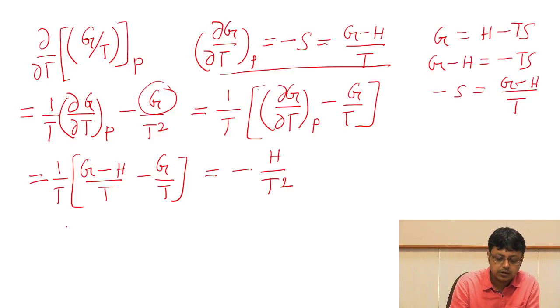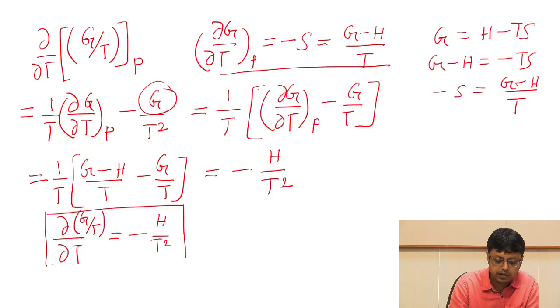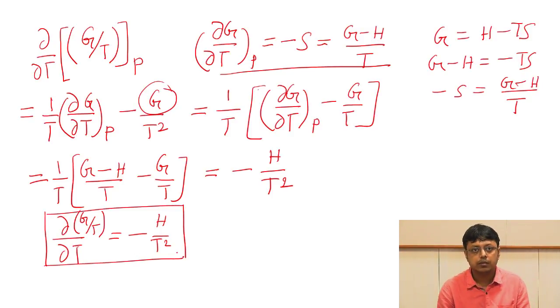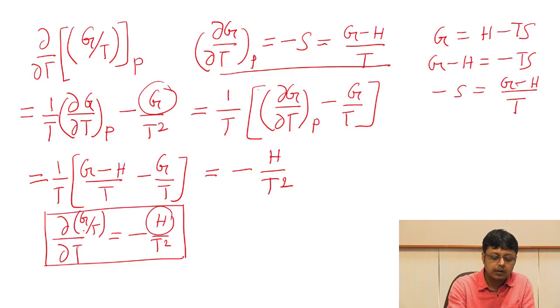So this equation, that the derivative with respect to T of G by T is minus H by T square, is a very important relationship, because here we see that we can directly measure the change in Gibbs free energy divided by temperature with respect to temperature and connect it to the enthalpy. Whenever we have a phase change, we can actually use this equation, because during the phase change